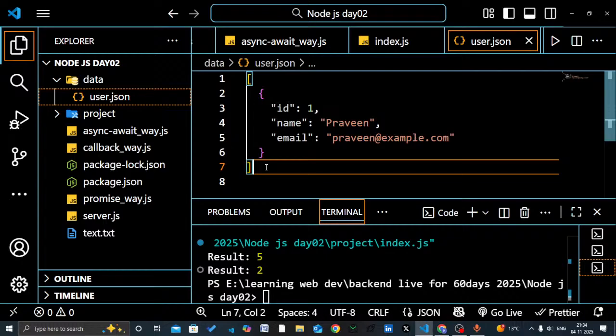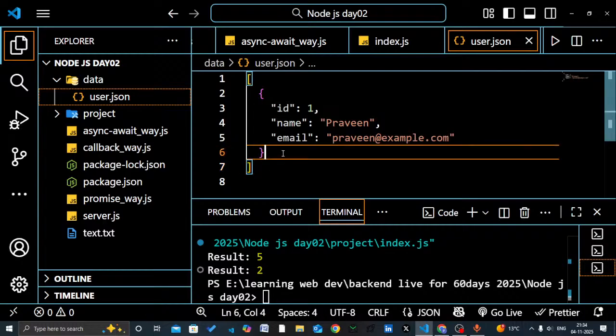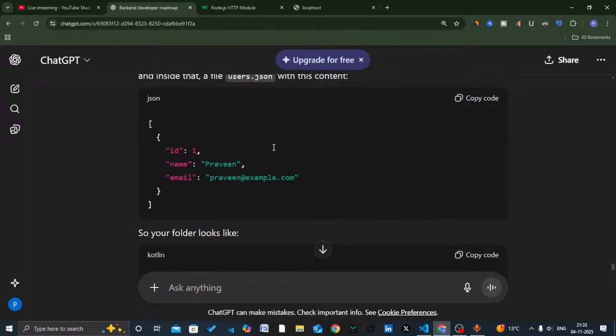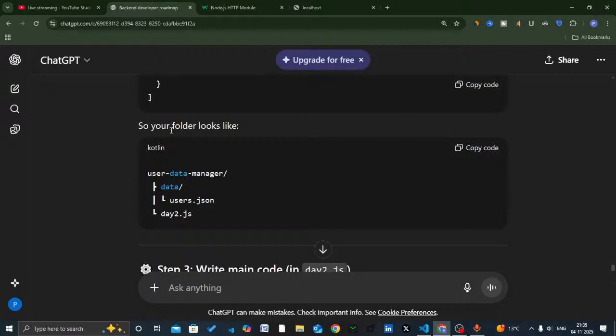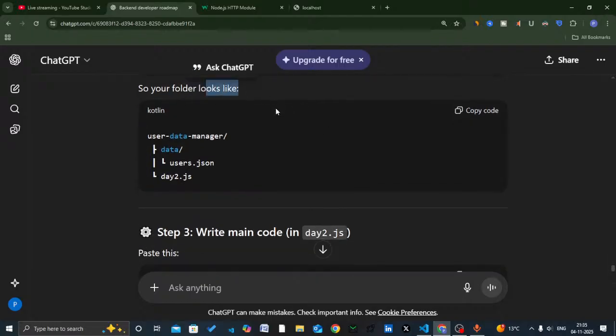Inside that array, which is a square bracket, we have a lot of objects. That's how to write a JSON file. So your folder looks like this: